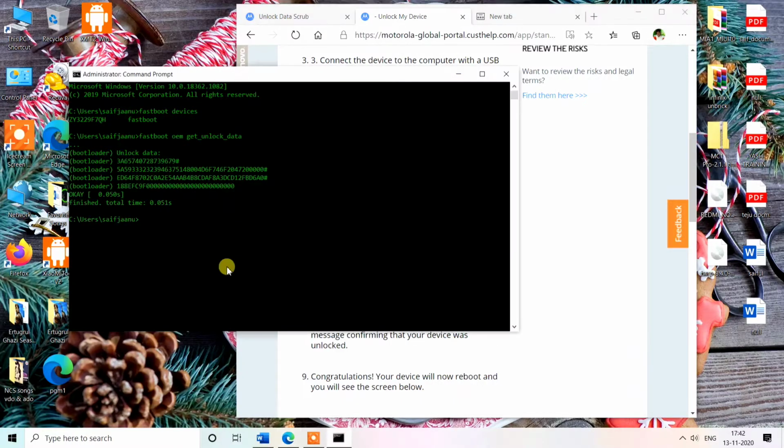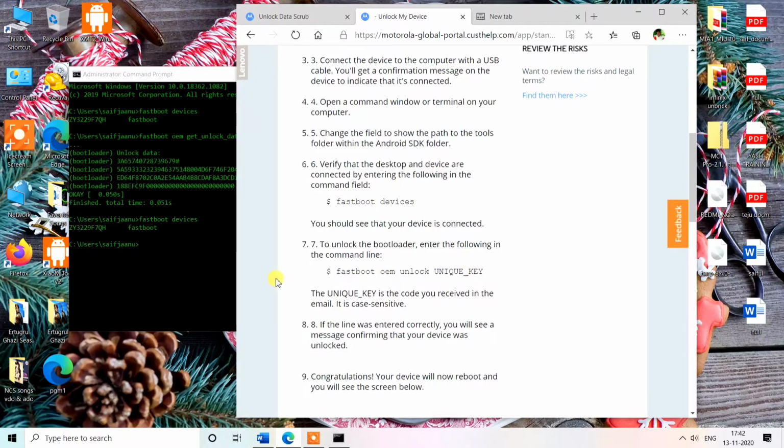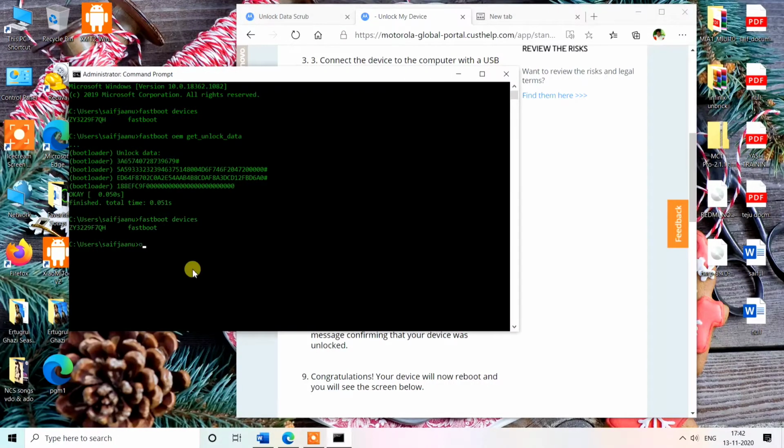Again we have to type the command fastboot space devices, so that is our confirmation. Now we have to type the command fastboot OEM unlock. This command will be the same for every device, but in Moto you have to type a key.